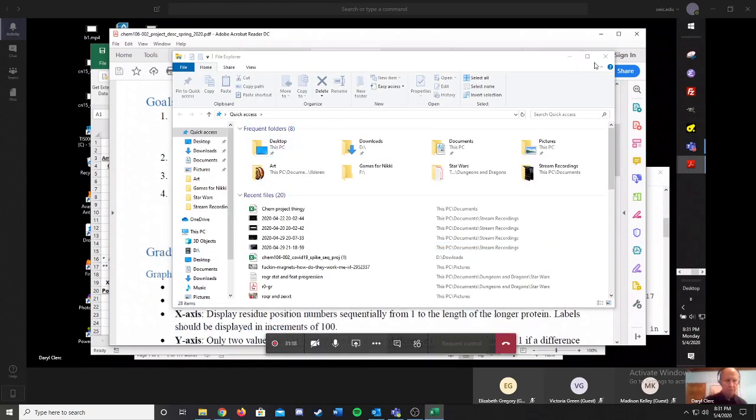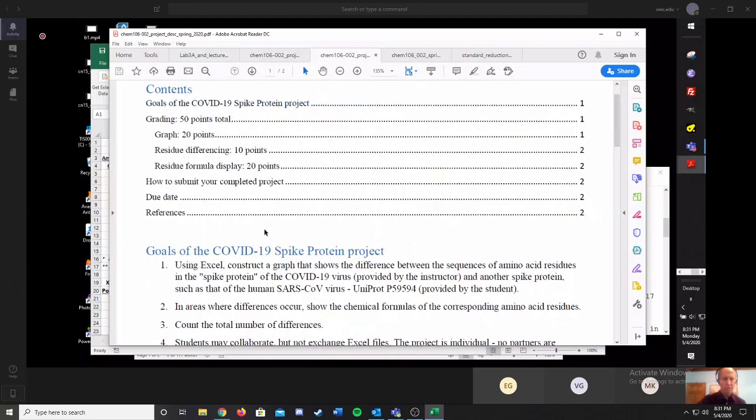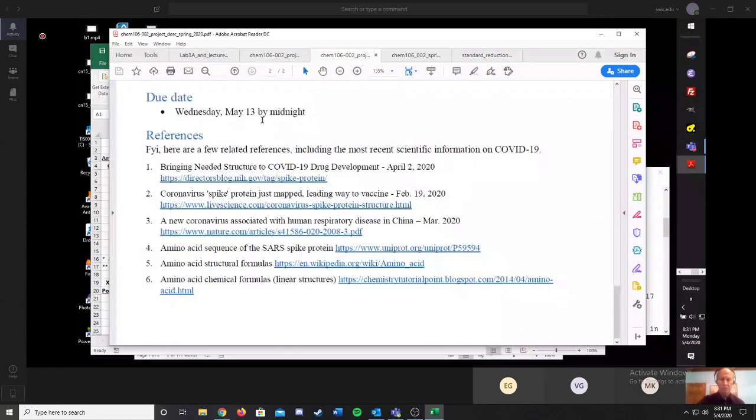And the due date was extended. The due date was this Friday, and now it's next Wednesday, the 13th. That's the last day of finals week. So you have until midnight on the 13th to turn it in. And then another change is that this PDF was uploaded, and it has a bunch of tips for working on